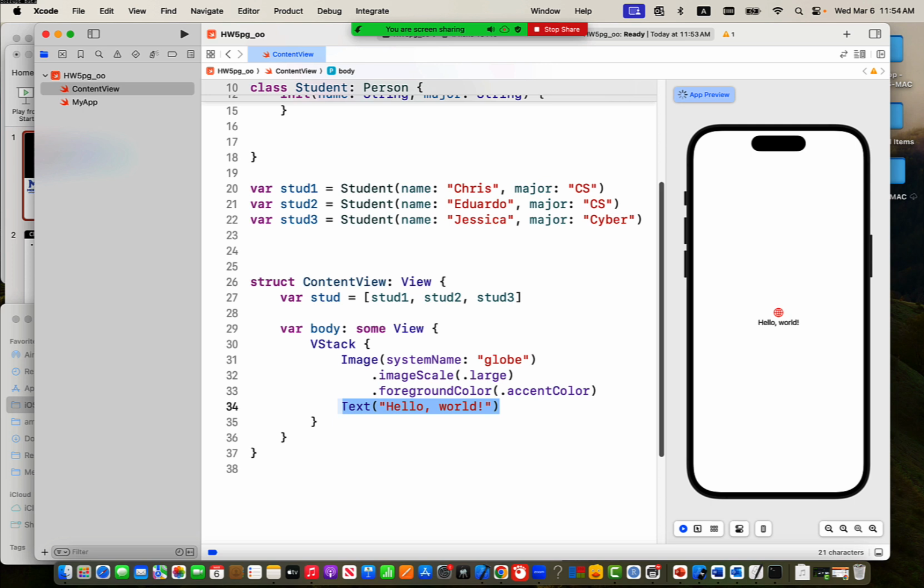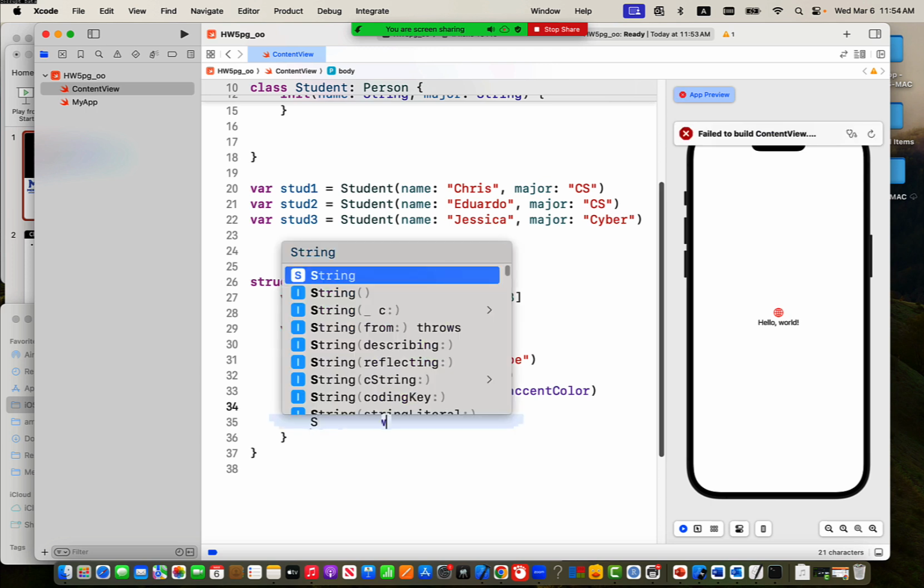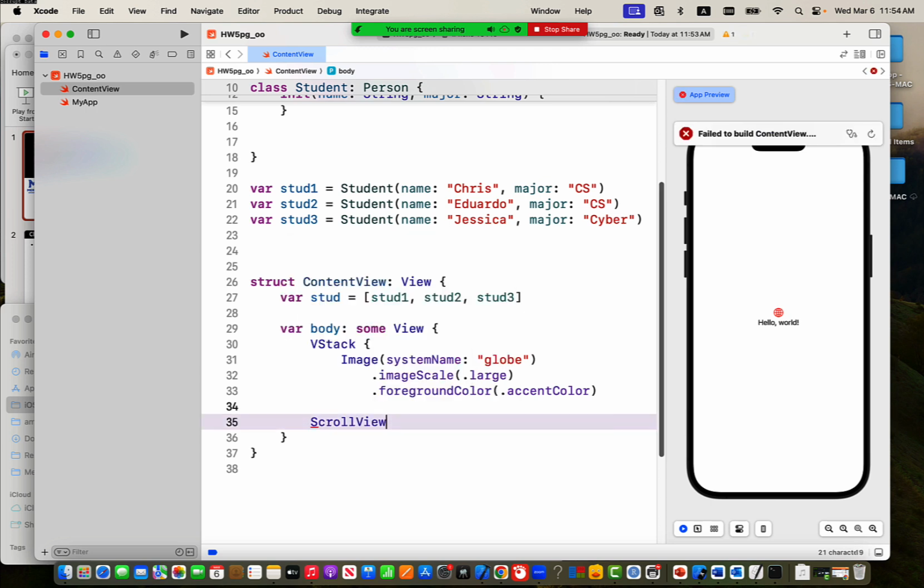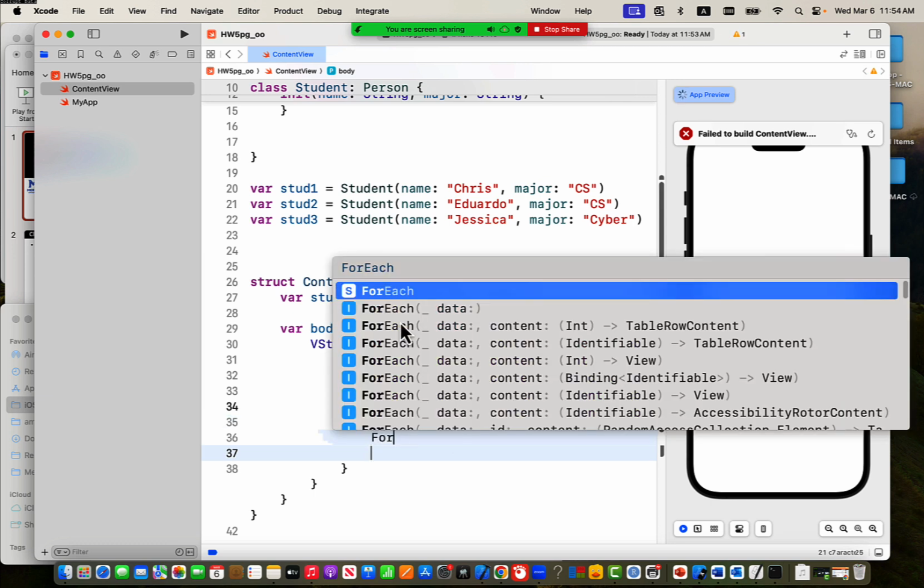What I will do here, I will make another scroll view rather than, yeah, if we have more and more, then we need a scroll view. Okay, within that scroll view,